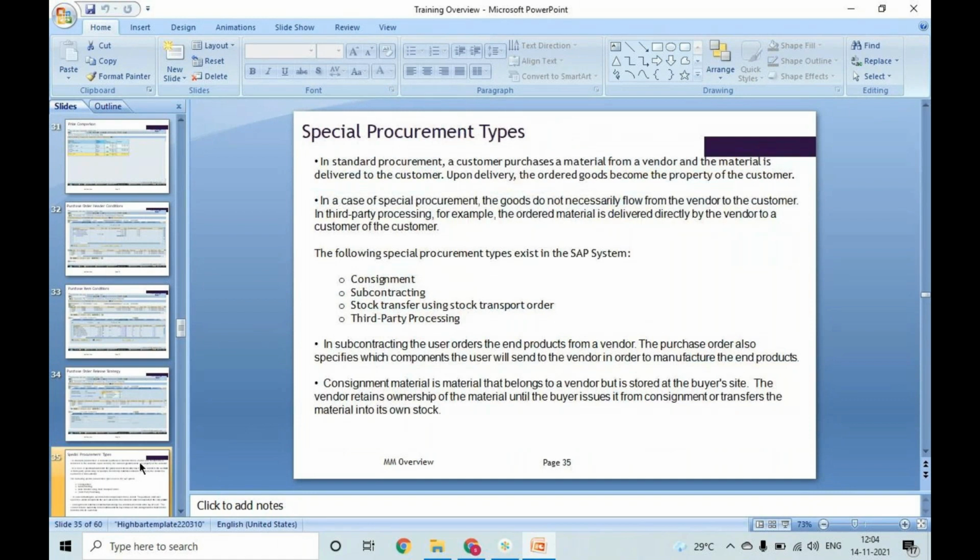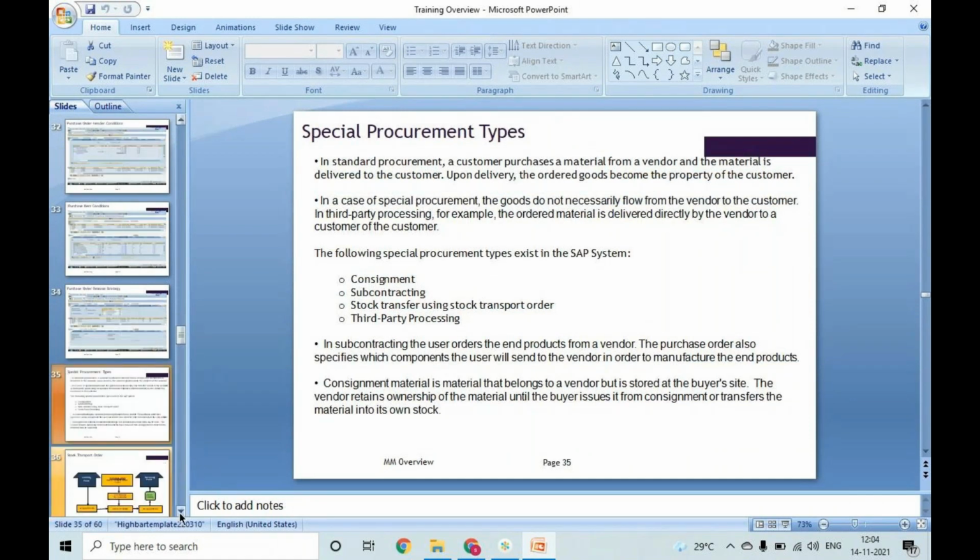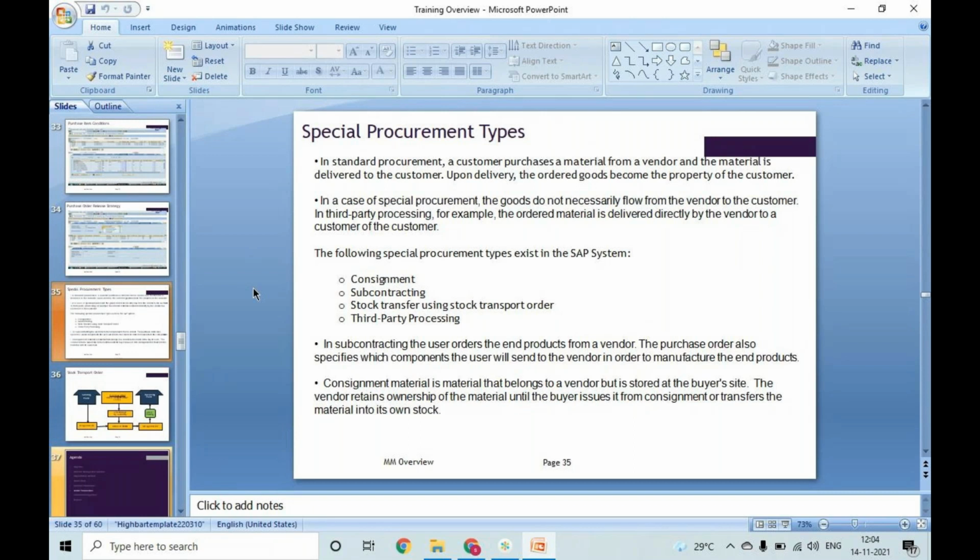Okay, special procurements. In SAP, we have special procurements based on your business like consignment, subcontracting, stock transfers, third party. So consignment, what is consignment? In consignment process, materials which you are required, okay, vendor will supply that material in bulk and he will unload it in our premises.